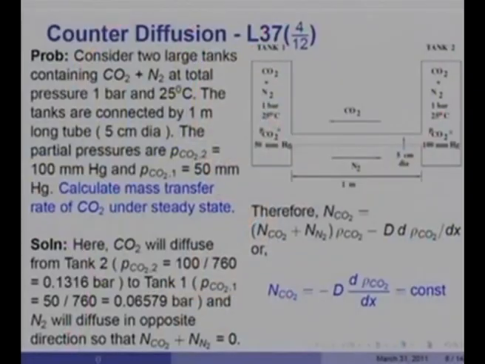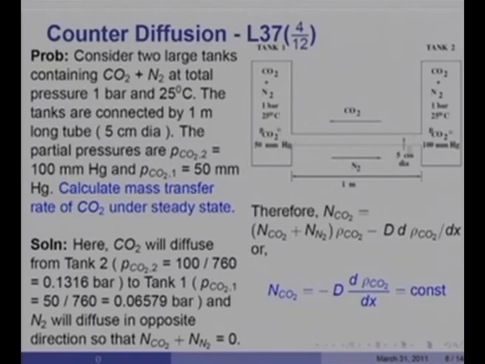Let us take another problem. Here we consider 2 large tanks, which each contain CO2 plus N2. This is tank 1 and this is tank 2. Both of them contain CO2 and N2 at 1 bar and 25 degrees centigrade. So, the total pressure and total temperature of both the tanks is identical, but they are very large. The tanks are very, very large. The tanks are connected by a 1 meter long tube